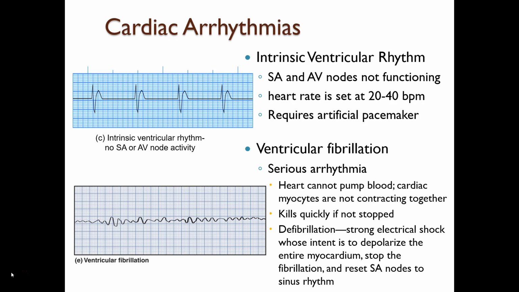So fibrillation, what happens there is there's no AV node activity for a period of time, and then the heart muscle cells just start doing their own thing. Like we said, the heart is myogenic. The muscle cells can contract on their own. They can generate their own action potentials, but nothing is telling them to contract at the same time. So the heart is just kind of wiggling because the individual muscle cells are contracting at their own pace. And that means that there's not much of a force to pump blood from one chamber to the next or out of the heart. Okay? So keep those in mind.